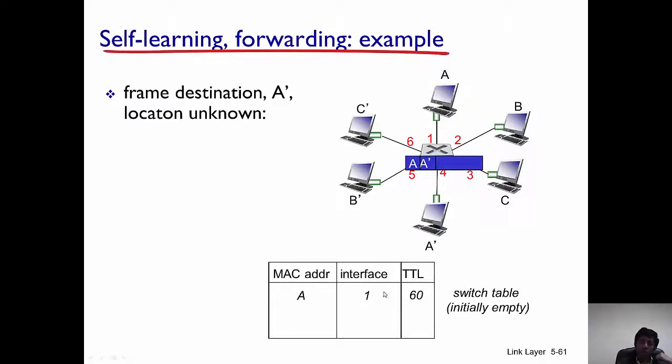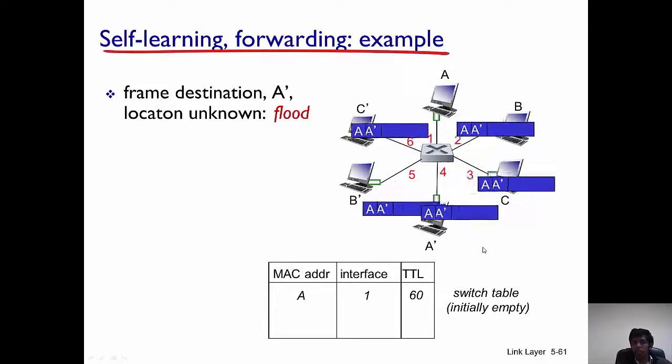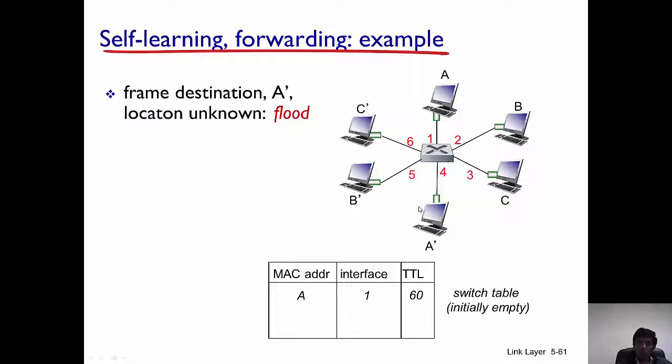The switch then notes that the MAC address of A is A, and the interface through which A can be reached is 1. The next question is, how does the switch reach A prime? It does not know currently through which interface A prime is connected. So what it does, it sends a broadcast message. Basically, it floods this frame along each of its outgoing interfaces. It is clear that A prime, because it's in this network, should be connected to at least one of these outgoing interfaces. And as a result, A prime can